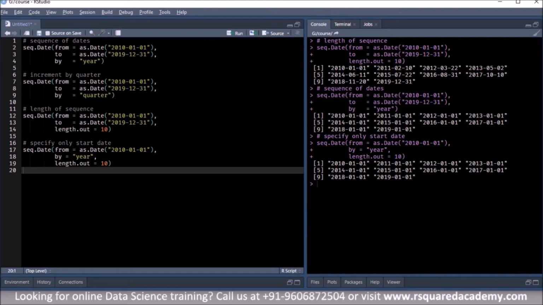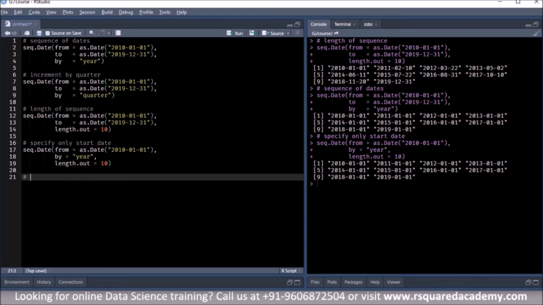Now, what is the other variation that we can try? We talked about how the unit of increment can include multiples as well as a sign. That is a positive sign or a negative sign, which will indicate either increment or decrement, right? So in this example, the dates will be incremented by a unit of 2. So instead of 1 year, we'll make it 2 year, right? Let us try it out.